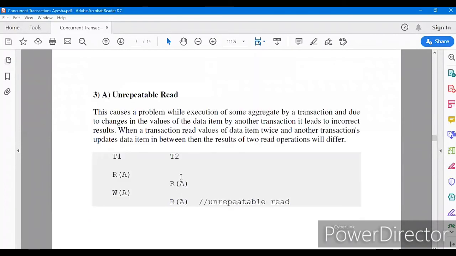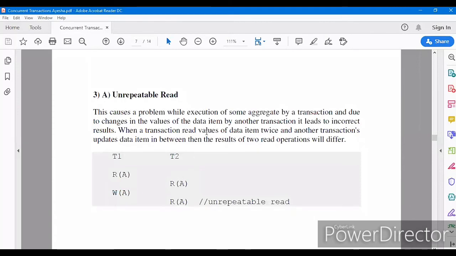The third type of issue that occurs in concurrent transactions is the unrepeatable read. Now what is that? Have a look. This causes a problem during execution of a transaction, because due to changes in the value of the data item by another transaction, it leads to an incorrect result.